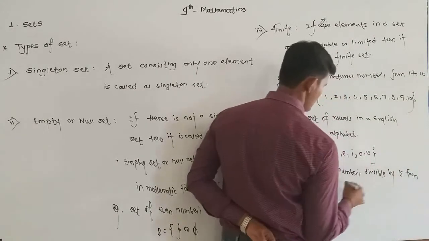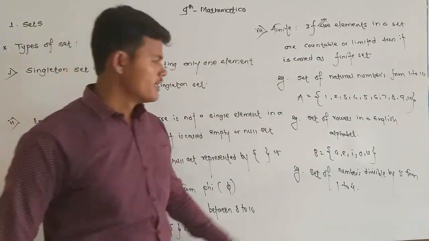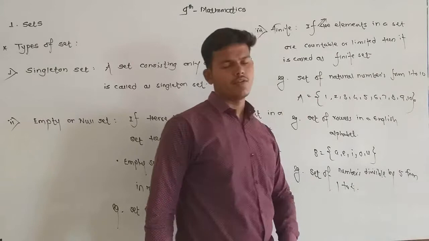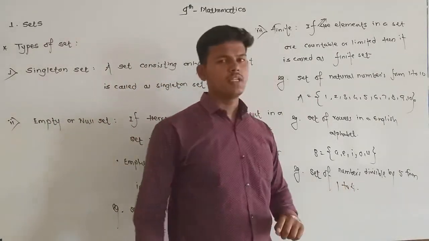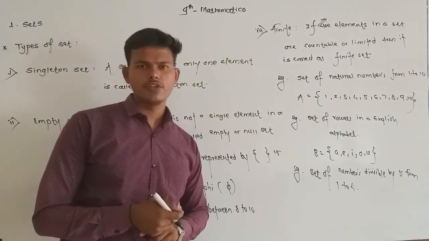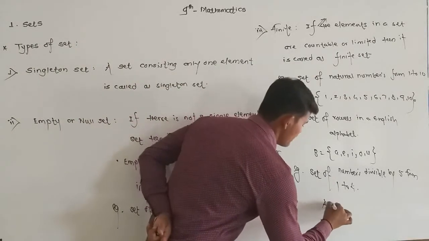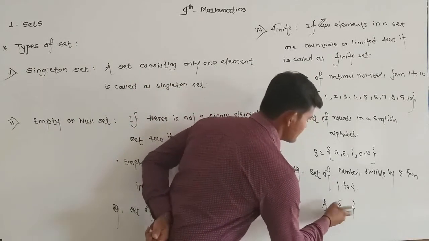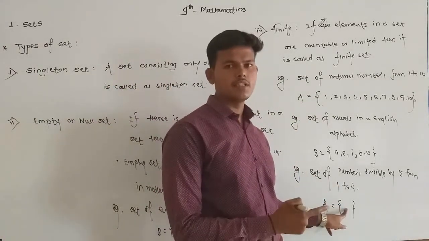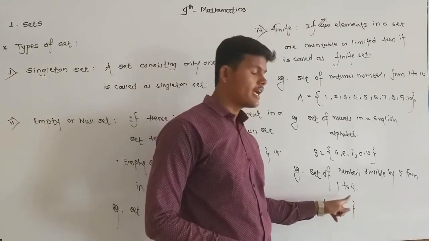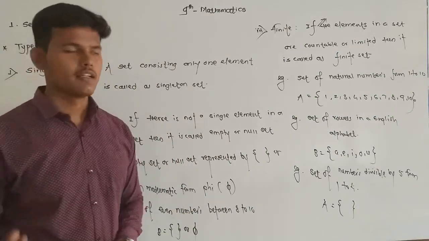from 1 to 4. Okay, what is the question? Set of numbers divisible by 5. आपल्याला एक set लिहायचा which is divisible by 5, but from 1 to 4. म्हणजे असे 1 ते 4 मध्ये असा एखादा नंबर आहे का? From 1 to 4 is there any one number which is divisible by 5? Nothing. That's why our set is empty. That means elements in a set are countable. म्हणजे ह्या सेट मधले सुद्धा आपण एलिमेंट काउंट करू शकतो. There are 0 elements in the set. That means it is a finite set.